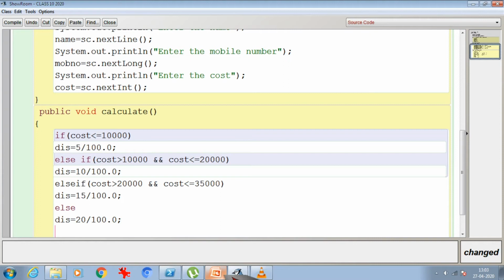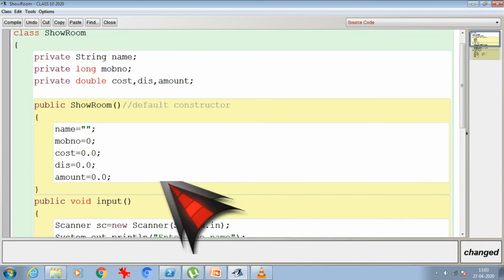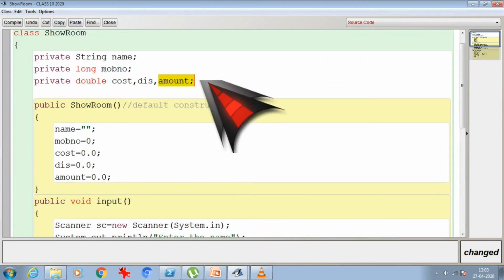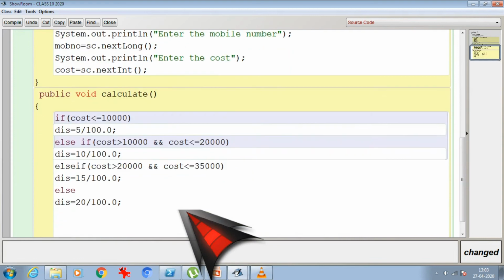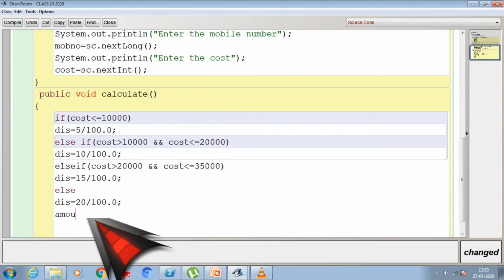Now we have to calculate the actual amount after the discount. That is going to be calculated inside the present variable, which is amount. So my actual payable amount is going to be whatever cost I have, into the discounted price.